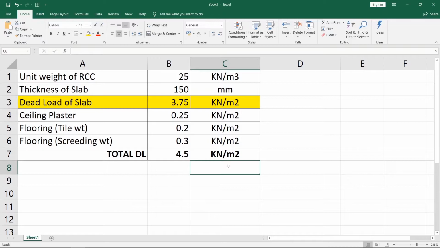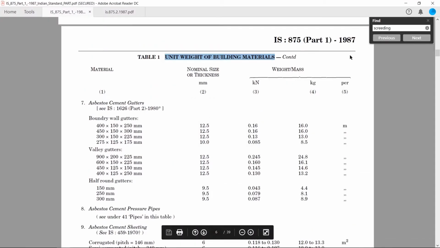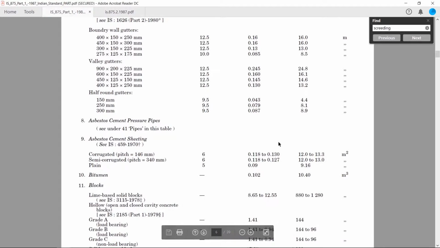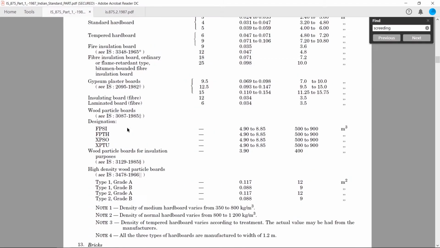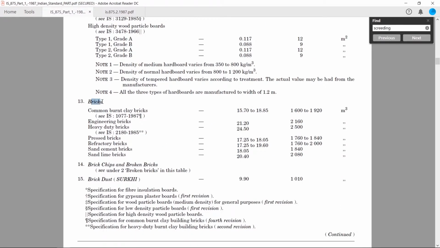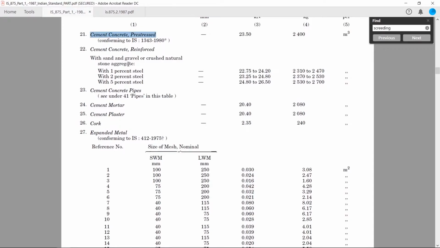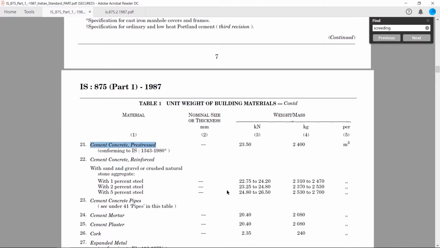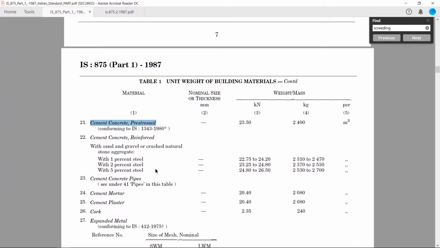Your case would depend upon the type of building you're constructing. So for example, if you have wooden flooring instead of tile flooring, the things would differ. If you have some other kind of flooring, it would differ again. So this is just an example. So in our case, we are just going to be simply using this value of 4.5 as the dead load. Now these values we get from IS 875 part 1, and the codes would be similar in other countries as well. So if you're watching this from another country, you can go through your codal provisions and find the values from there. So we have the weights of boards, of insulating fibers, and so on and so forth. You have the load of bricks, you have the load of cement concrete, pre-stressed and post-stressed and reinforced, and so on and so forth. So you can use all these values depending upon your case scenario.